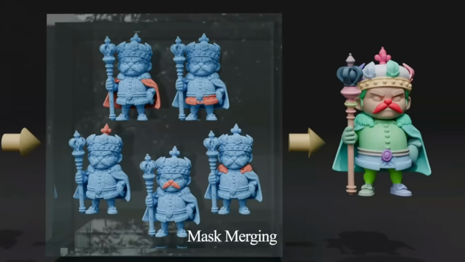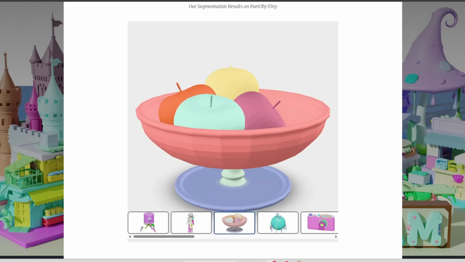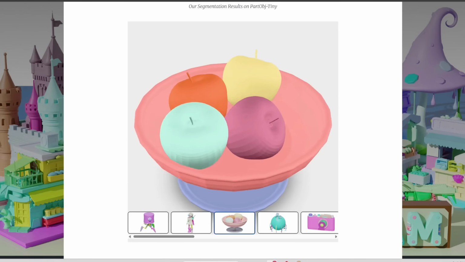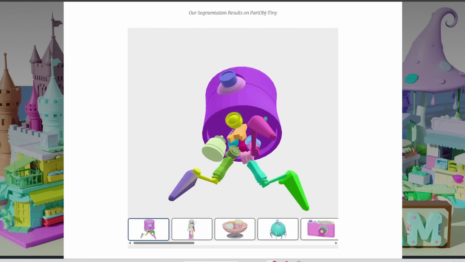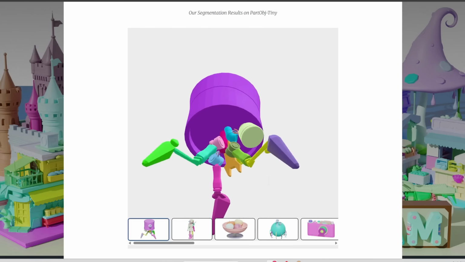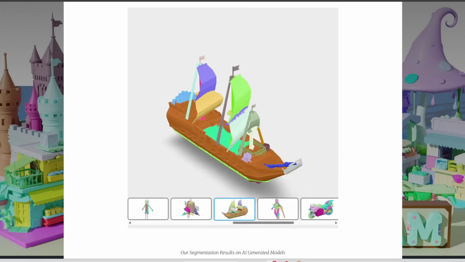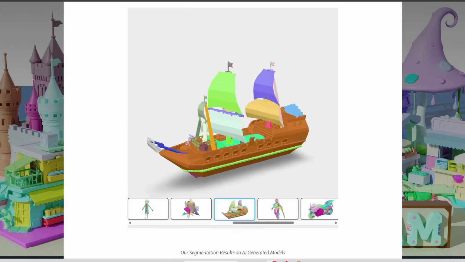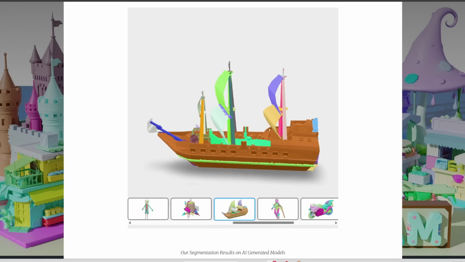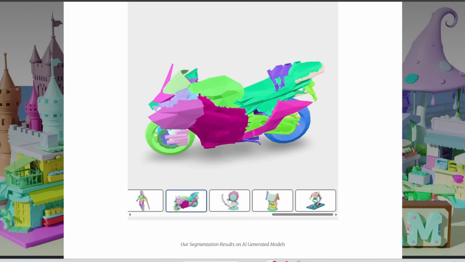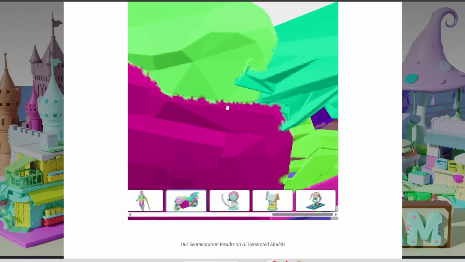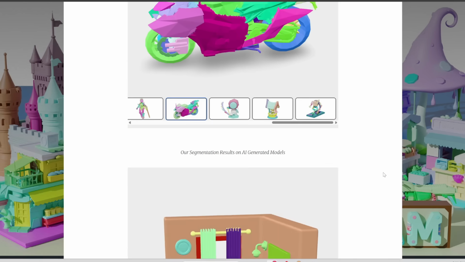So here are some examples of its output. So this is able to break this model down into meaningful parts like this. Or here's another pretty complex character, but it's able to break this down into meaningful parts, as you can see here. Here's another object, and for the most part, it's able to segment everything pretty well. And same with this one over here. Now you can see that there are still some flaws along the edges like this, but that's okay because afterwards,